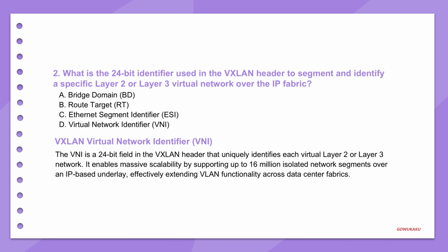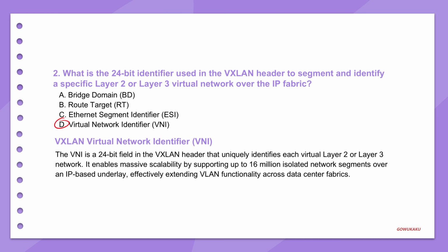But a flat high-speed network isn't enough. We need segmentation for different tenants, applications. Right, you need to carve it up. That's where VXLAN comes into play. It's the overlay network. And the key mechanism there is the virtual network identifier, the VNI. Exactly. The VNI is what allows us to create all these separate virtual networks running on top of that single